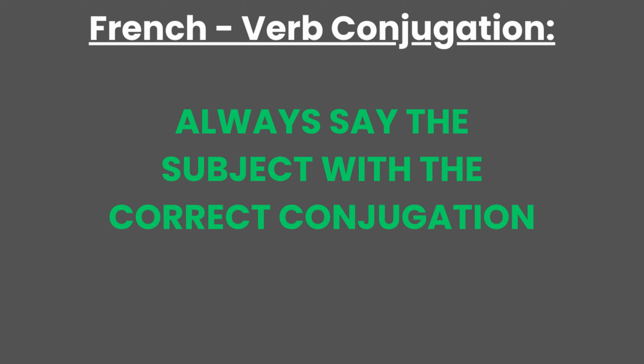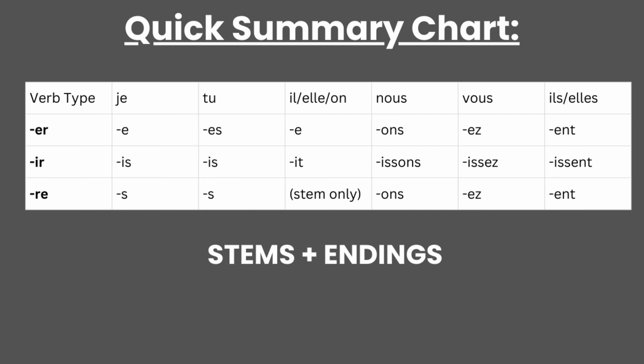In conclusion, this is how regular present verb conjugation works in French. The concept simply follows endings that correspond to each verb type, so it's made from stems plus endings. Once you memorize these patterns, you can conjugate many regular verbs correctly and speak French using short, simple everyday phrases like